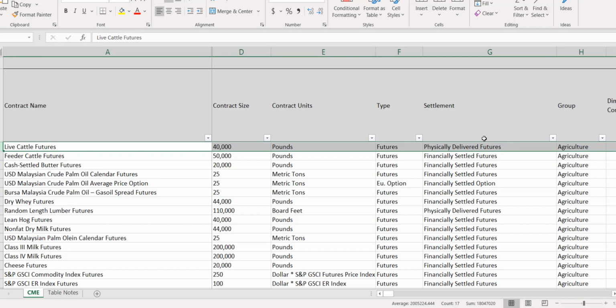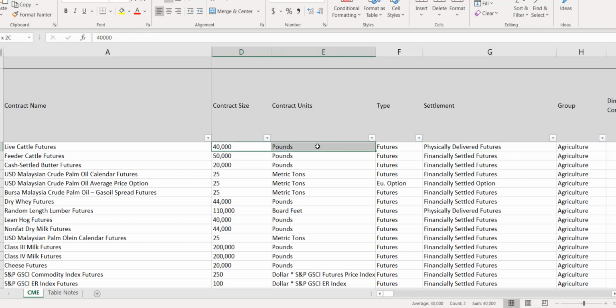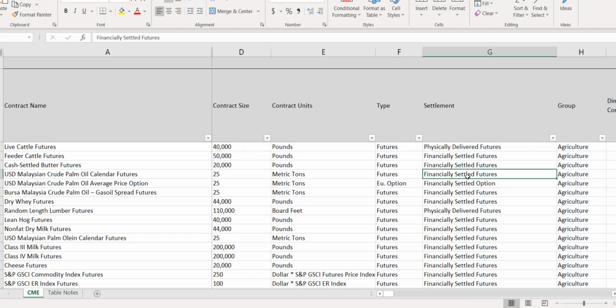The settlement tells us whether the end result is going to be a financial settlement, meaning that cash is changing hands at settlement, or whether the units being discussed will have to be physically delivered. So in the case of live cattle futures, one of the parties in this contract is going to have to physically deliver 40,000 pounds of live cattle to some location, perhaps in Chicago. Now I'll post this document to our Canvas site so you can take a look at it in greater detail. There's a lot more information here than I could possibly show you.